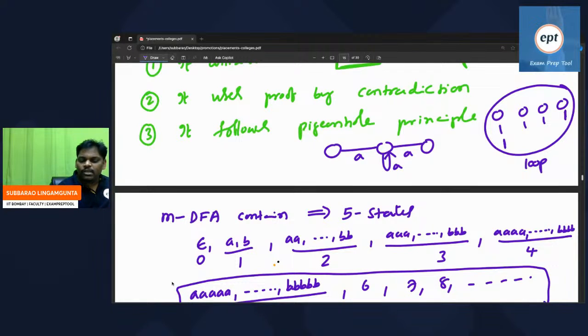That's the meaning of the pigeonhole principle. A 3-state automaton can accept, without a loop, a maximum length of only 2. If it is accepting more than 2, then there is repetition, a loop. In a similar way, the pigeonhole principle: